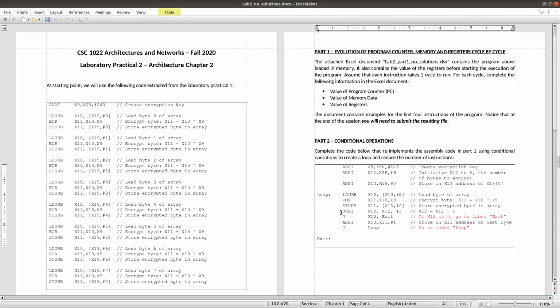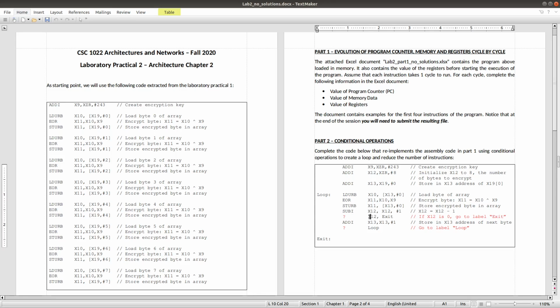So now we will need to answer the question mark in red in this line and this line. With our understanding of this program before, we know that x12 is used as a counter to know whether we have processed all our data already or not.